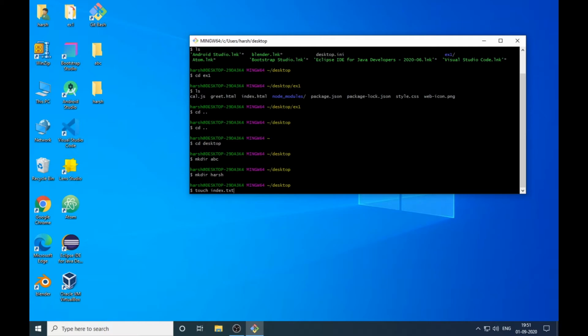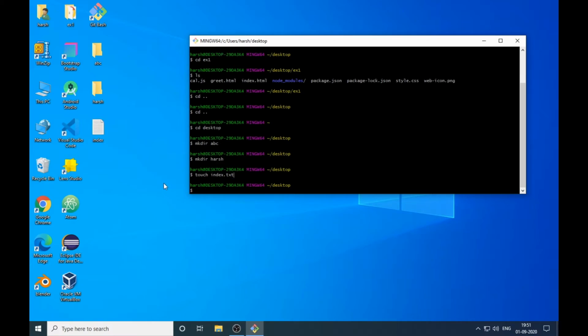What it will do is create a file. So what if I enter it? What will it do? Guess it. Okay, you might have guessed it right. Perfect. It has created an index.txt file on the desktop, as we were on the desktop. Okay, hope you got it.